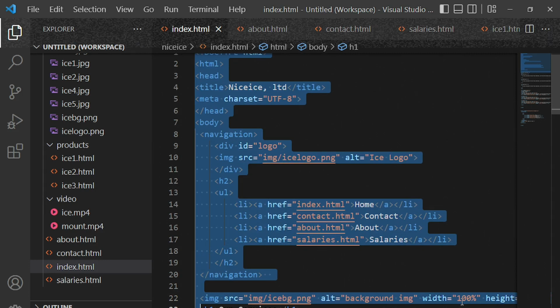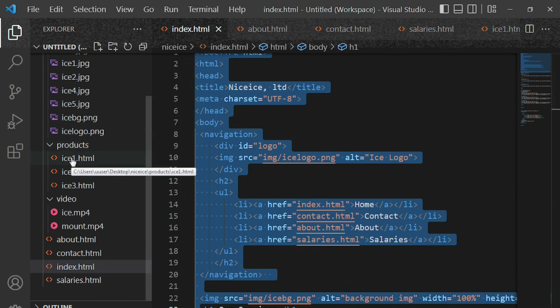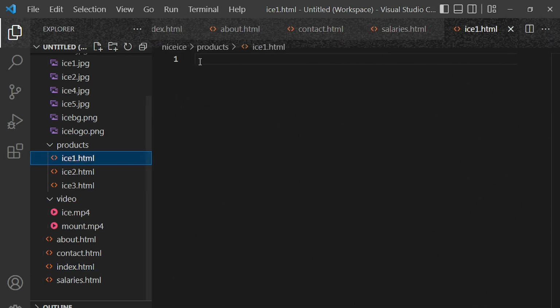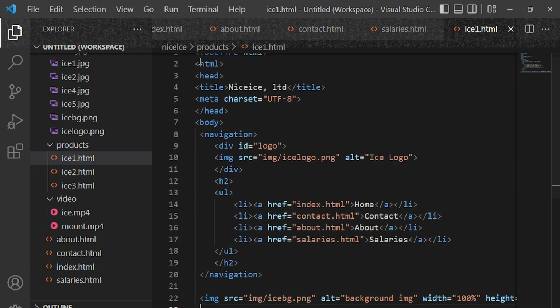Like this. So we copy, and then we go to products, and then we click on product 1, which is ice 1, and then we paste this code here. Okay,